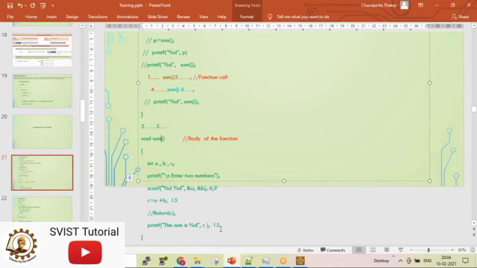Full addition will be performed, the value will be printed. Return type is void. Void return type means it does not return any integer or float value. But it returns the control to the calling point. So after printing the value 15, control will come back to the point where the function was called.